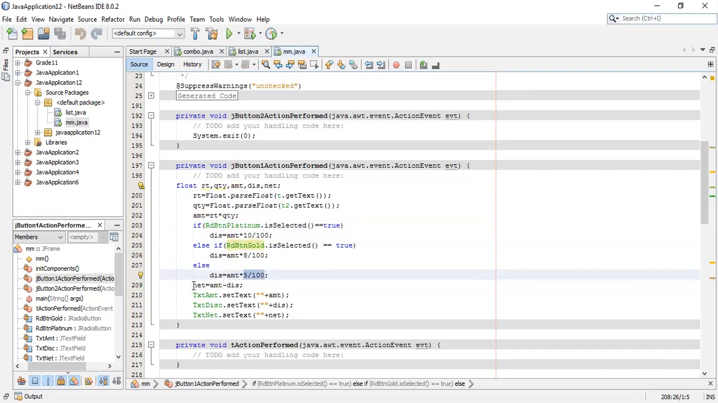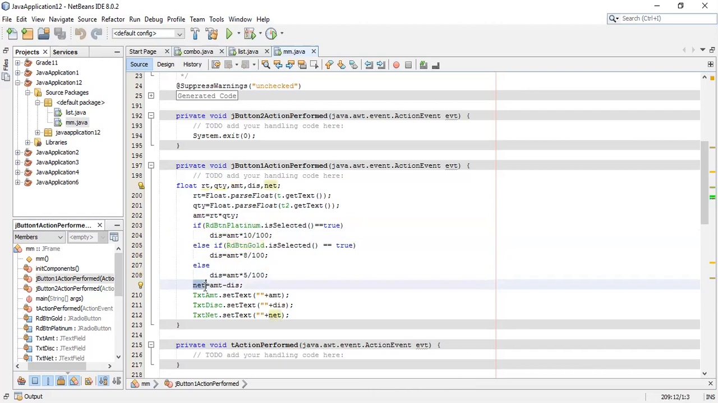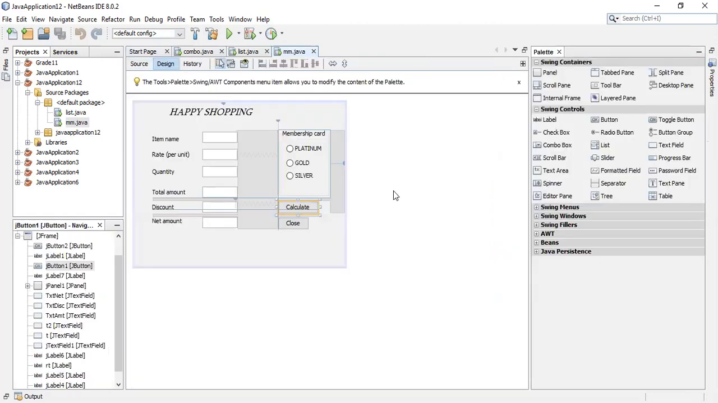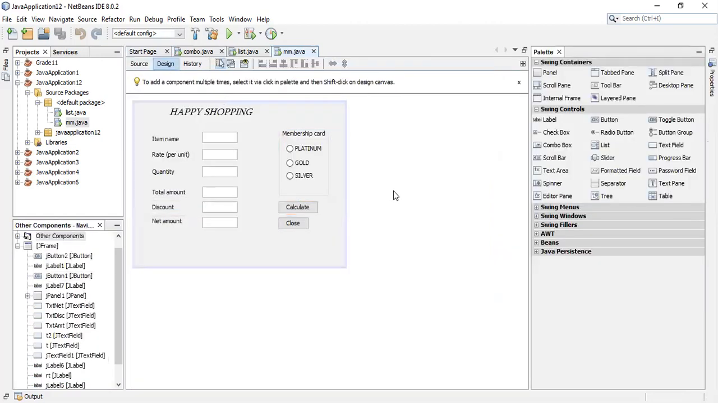And then finally we took another variable, net. So net will have the net amount, so amt minus dis. Whatever is the amount, we'll subtract the discount from that, and then we'll print all these three values in these three text fields, right? So this is the program. This program is regarding,